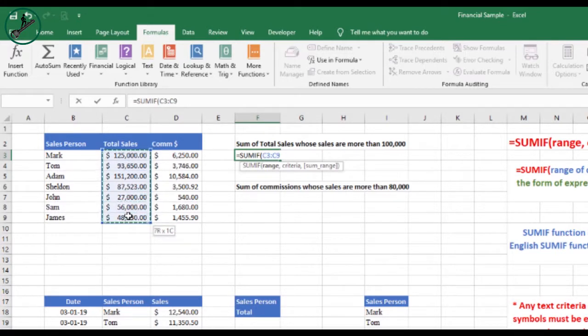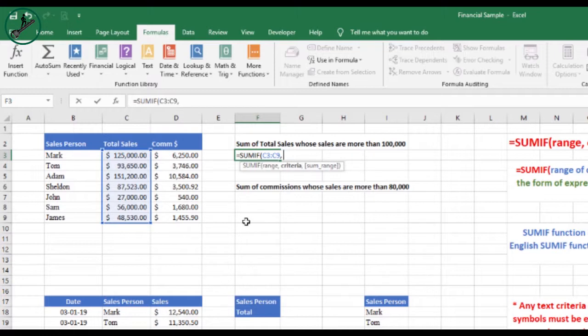Now I am giving the range. I need this range, and for criteria, I want to mention that any text criteria or any criteria that includes logical or mathematical symbols